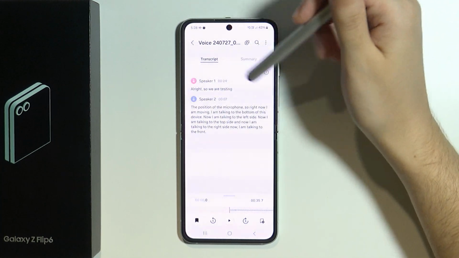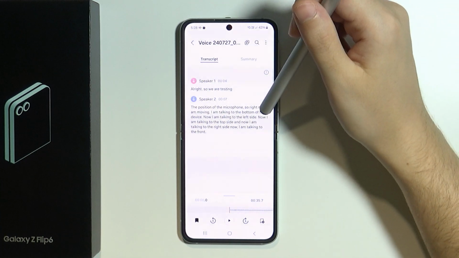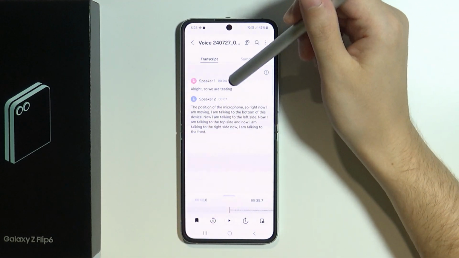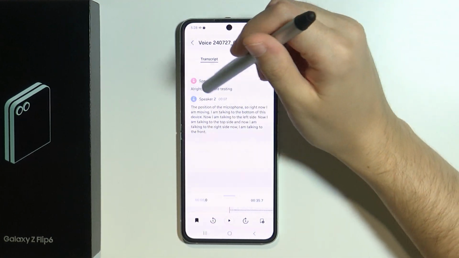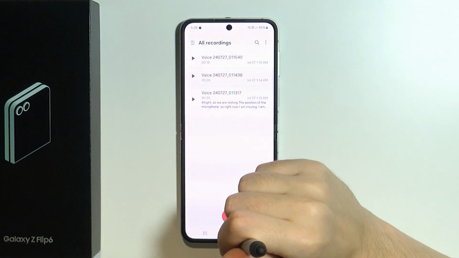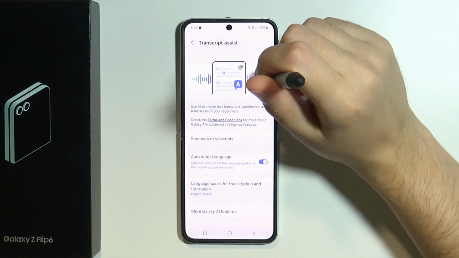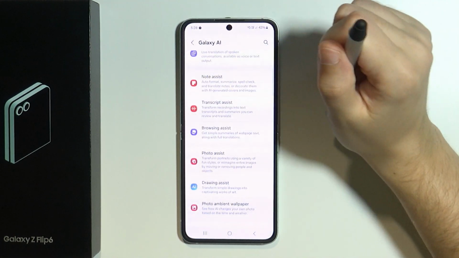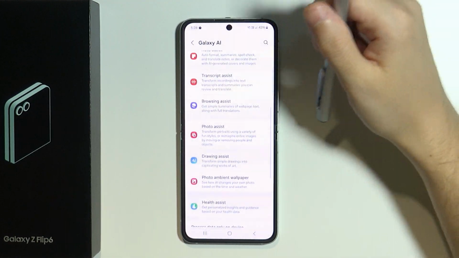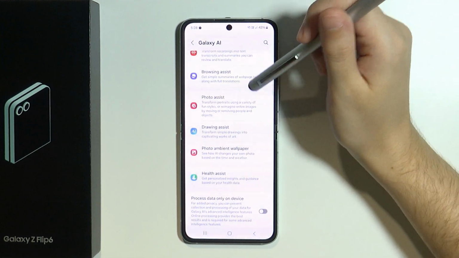So if there is a long pause or other voices are detected, then the device will actually detect that and separate speakers and group them into speakers. So that's pretty useful option as well for some, I suppose. And I'm not gonna go through all of them, but there's one more that I really like and that I